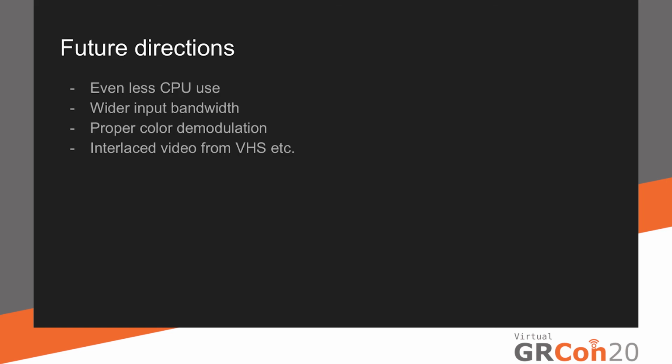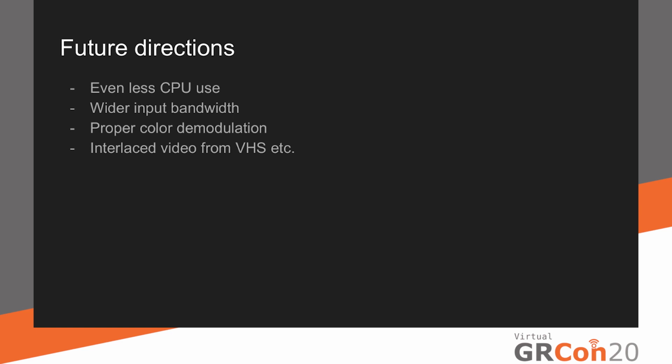Something that I wish my program had, it should be even more efficient, because my laptop is old and I want to do other things with it, and I don't want it to get very hot when it's running. I want to use a radio with a slightly wider bandwidth. Now I know that the AirSpy should be capable of doing wider bands, maybe with a custom firmware, but I haven't tried that. I could maybe try with PAC-RF or something like that, so that I could accommodate the audio carrier and maybe filter it out properly.